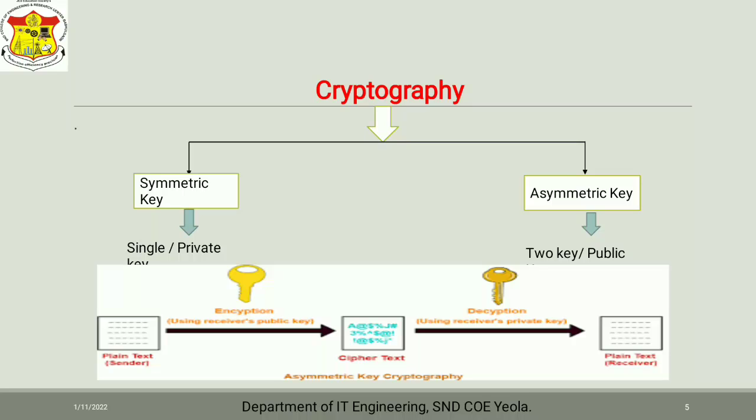In symmetric key cryptography, only one key is used, that is, a single key is used for encryption as well as decryption. It is also known as secret key cryptography, single key cryptography, and unique key cryptography. As shown in the figure, the sender encrypts the plaintext message using a shared secret key, and the resultant ciphertext is transmitted through a communication medium such as the internet. At the receiver side, the ciphertext is decrypted using the same key to obtain the original plaintext.